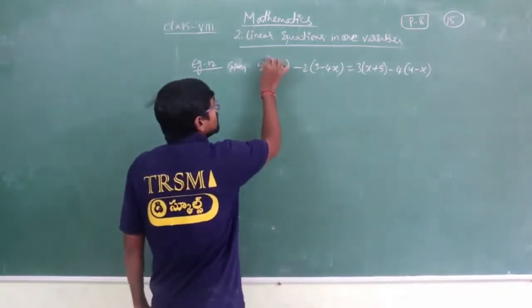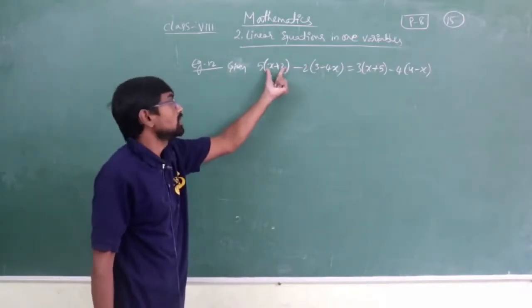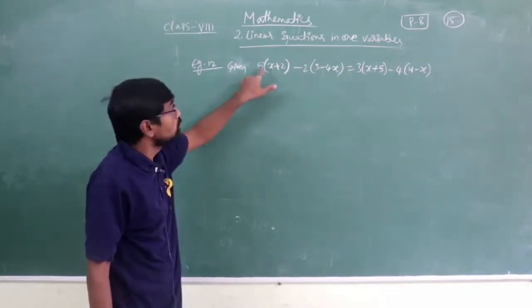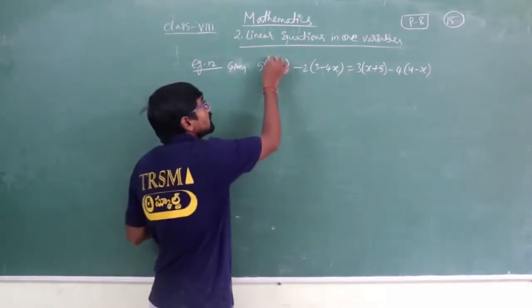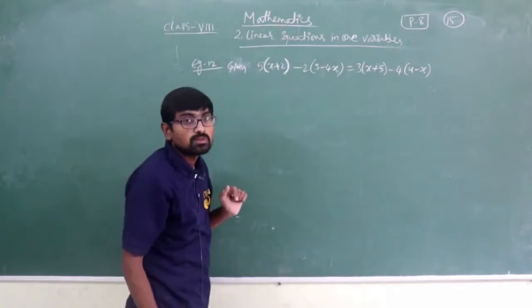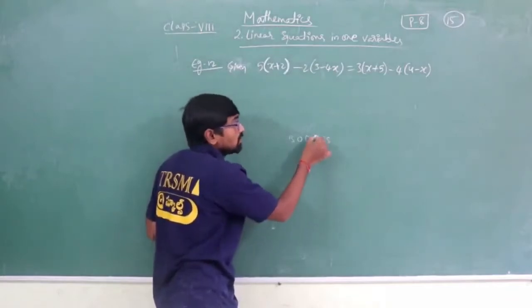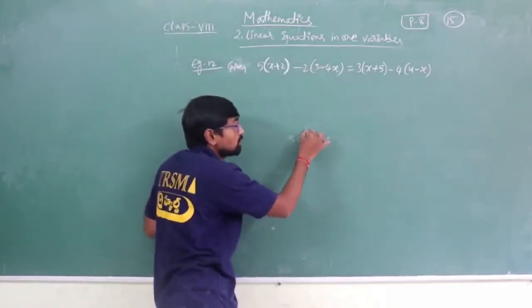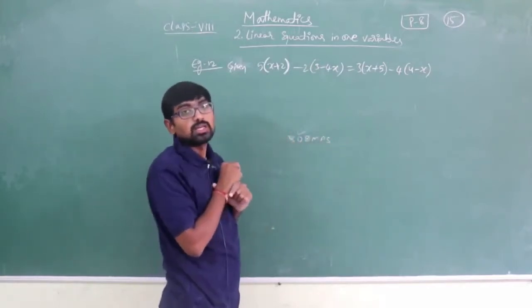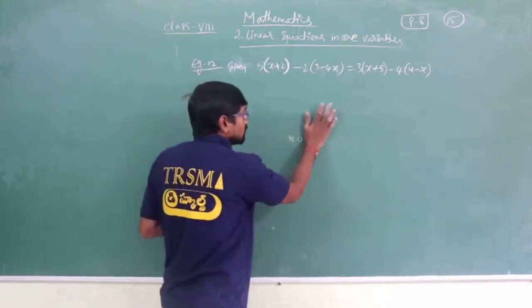Now it means that this x plus 2 written in a bracket consists of 2 terms. You already know here we have 2 terms joined by one positive symbol, but 5 is multiplying both the terms. Am I right? Why? How can we say the 5 is multiplying both the terms? Because we have a bracket here. In BODMAS, we don't have a multiplication symbol, but we have of, that is brackets. So first we take O, that is brackets, and after that multiplication, after that addition, after that subtraction.